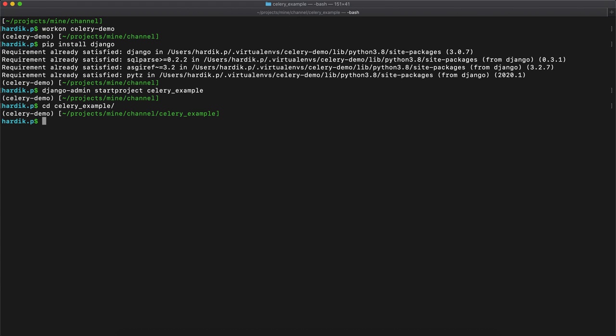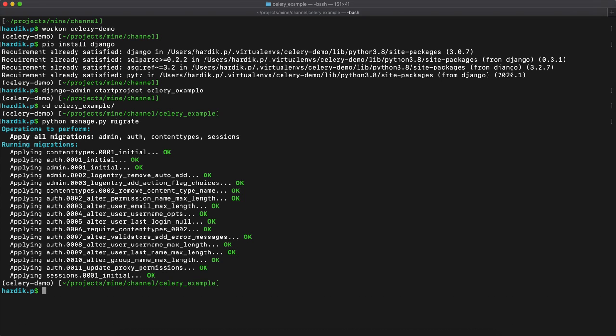First, we will migrate, so all the default migration files will be migrated into the database. For now, we are going to use just the SQLite database, so we don't need to worry about the database and everything, because that is a different part which I have already covered in our Django series. You can see that and learn from there. Now the project is ready. Let's open the project in our Visual Studio Code.